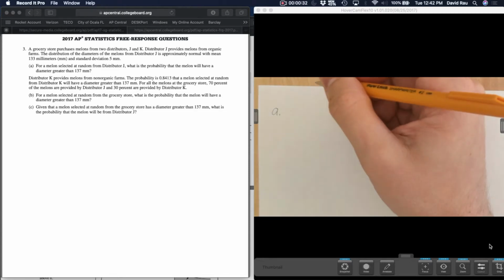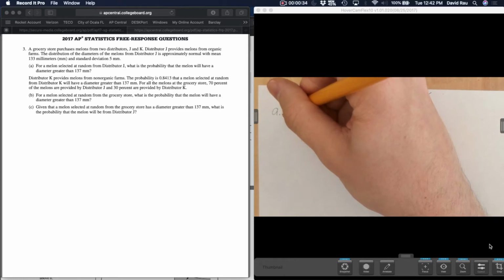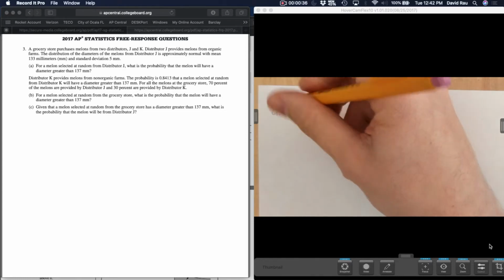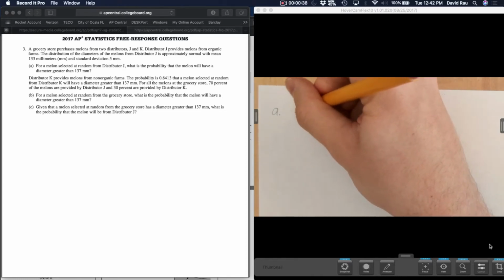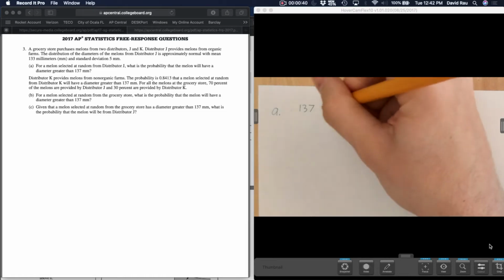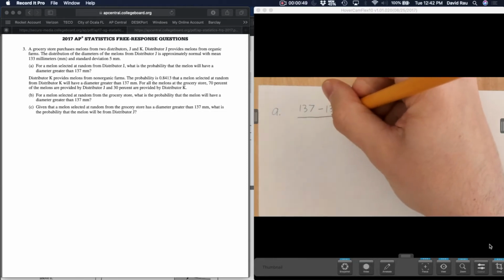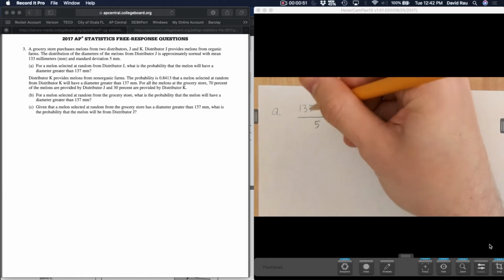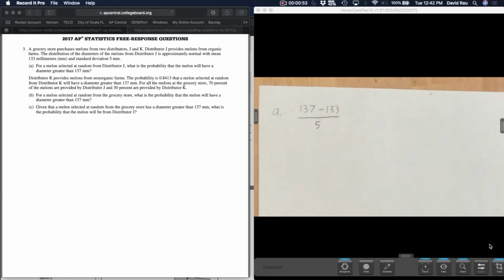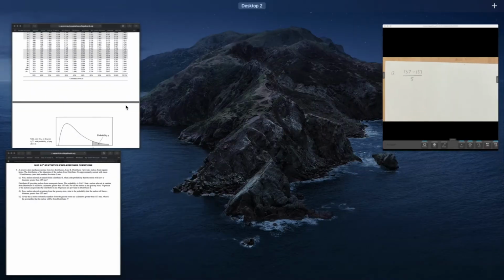Okay, so the idea is we have our actual melon weight of it being 137 or greater, minus what we thought it would be, which is just the mean, divided by the standard deviation, which is 5. Now, one thing I want to draw from this is technically we are using